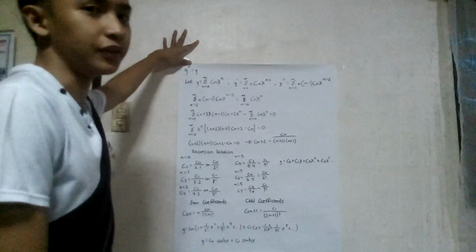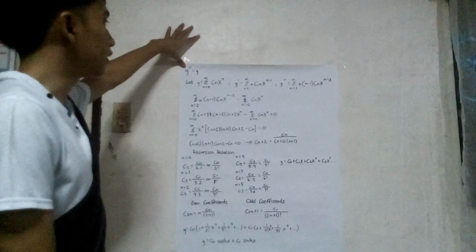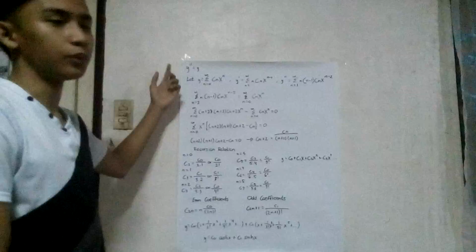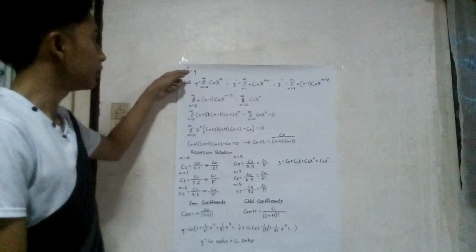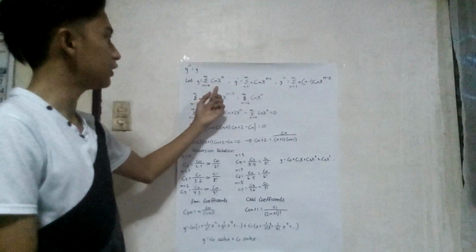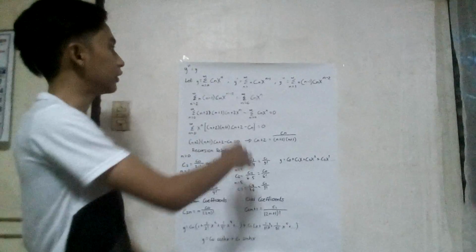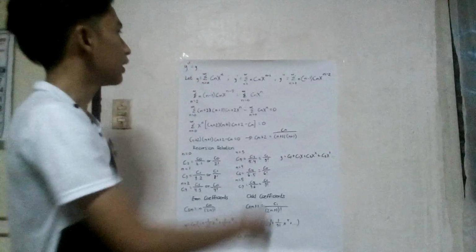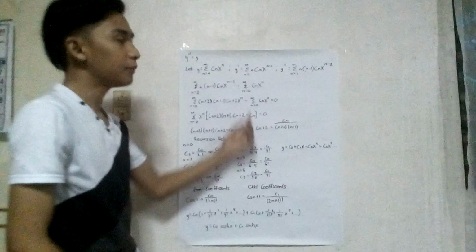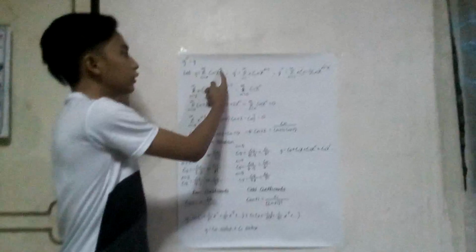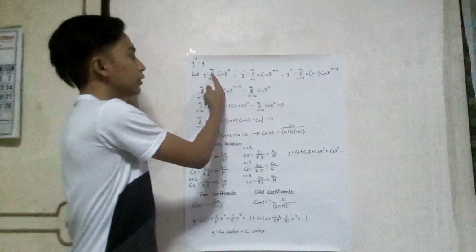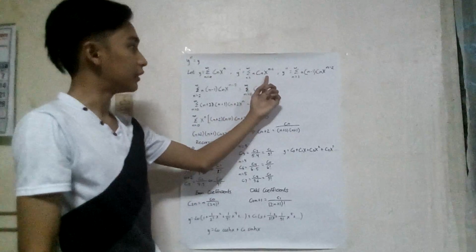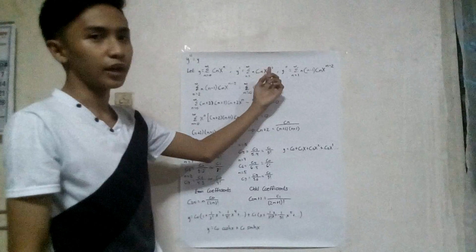Solve the problem for the power series by using y double prime equals y. For us to solve that, we have to let y equal the summation of cn times x raised to n with the limits of 0 to infinity. To get y prime, we use the power rule, where the n multiplied to cn becomes n cn x raised to n minus 1.